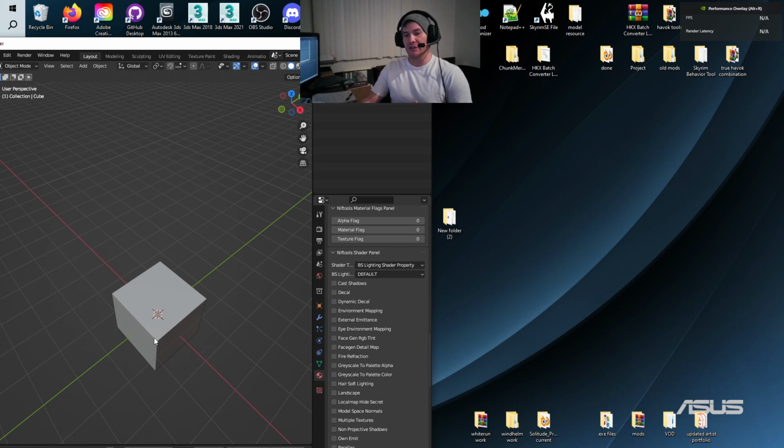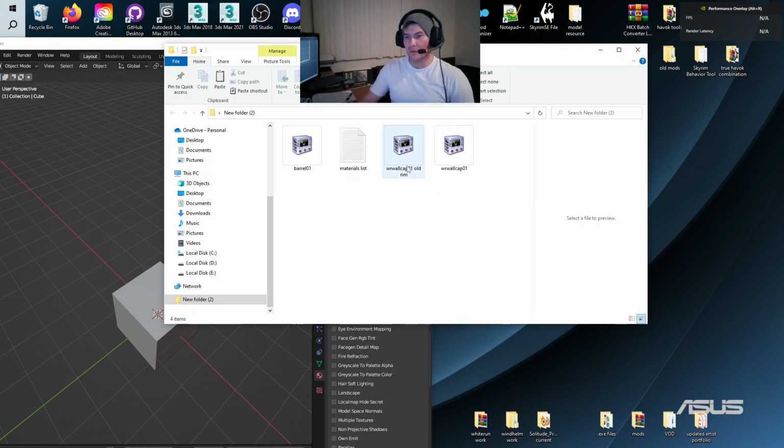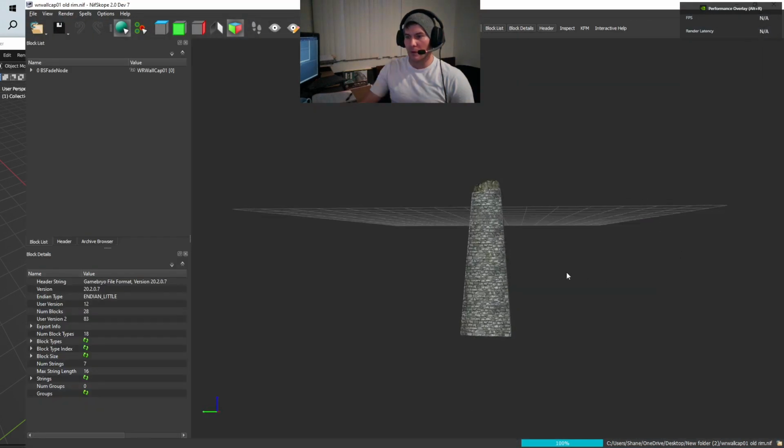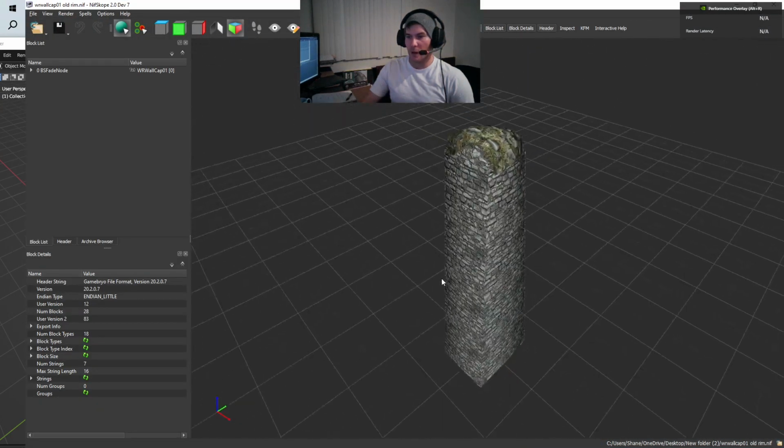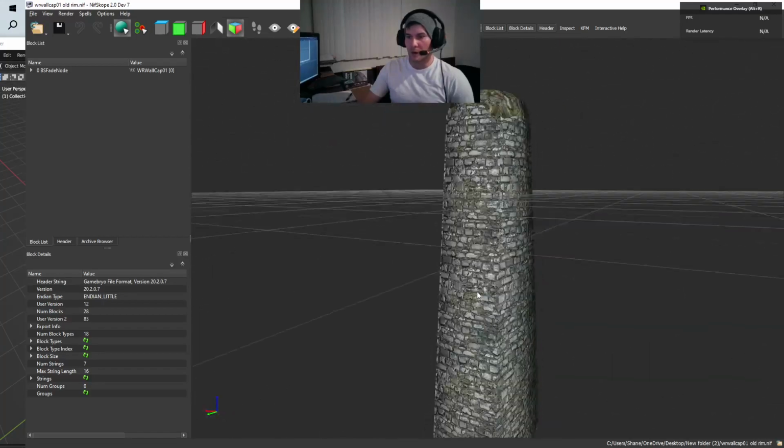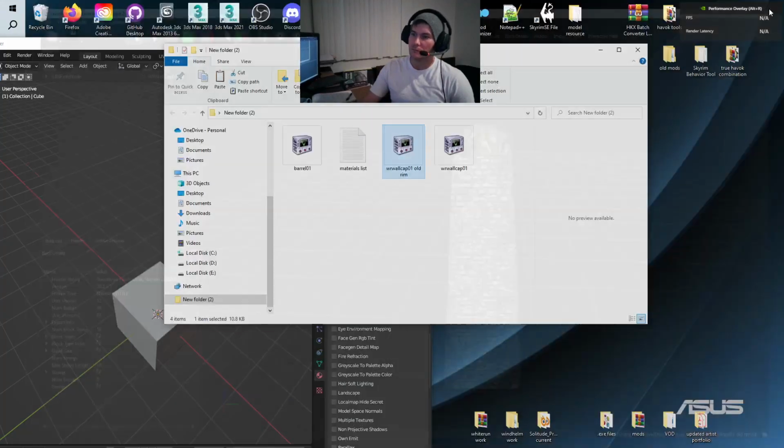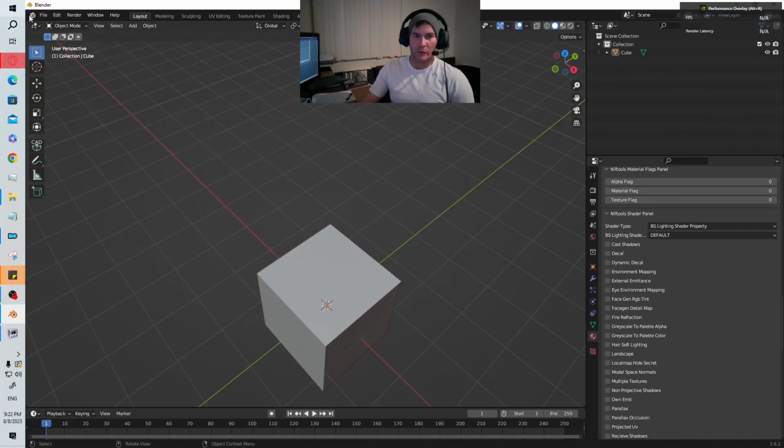You can apply different textures to your object, but I want to try to keep this as fast as possible, because you can change the textures in NifSkope. So I got, let's say, a model that I want to use from the vanilla models. After I've unzipped my BSA, I'm going to go in this folder. I have this one right here. I have this Whiterun wall piece right now. Okay. I am going to say, hey, I want to use that